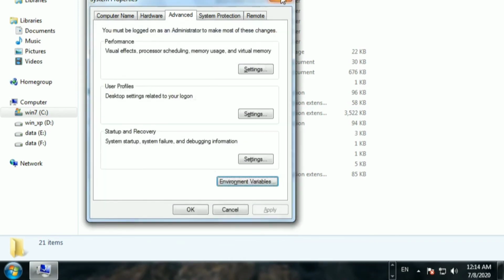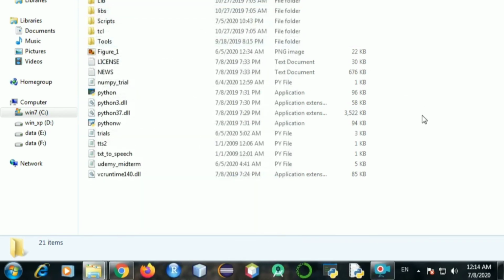That's it. Now if you had any problem with either your IDEs or text editors saying Python is not recognized, just like in my previous video I had mentioned that if in Sublime you are getting Python is not recognized, then now if you open up Sublime or any other text editor or IDE of yours, you won't get that error anymore and you'll be able to run your Python programs pretty well.